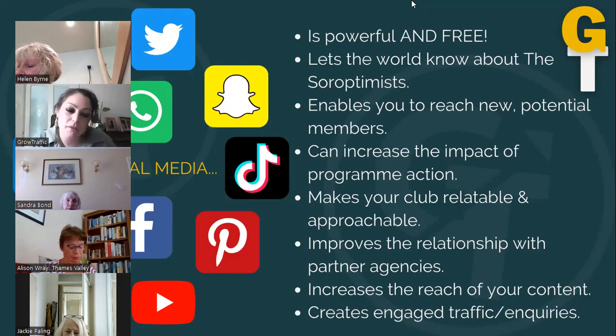So there are lots of benefits to social media. People often think social media is quite a frivolous sort of thing and a bit of a waste of time, but I've genuinely seen it work. As I say, we did it in SI Rossendale. I started doing the social media when I joined about 4 or 5 years ago, and there was nobody doing it really up until that point.